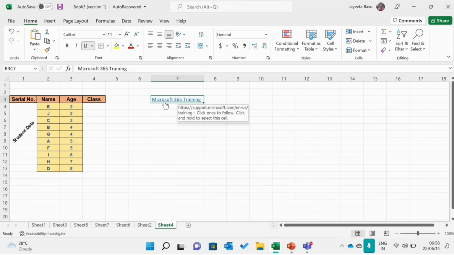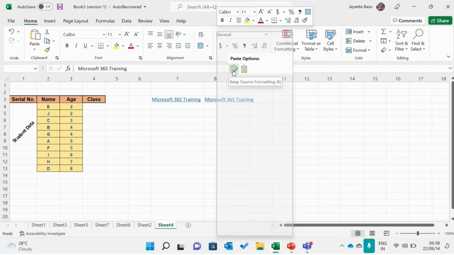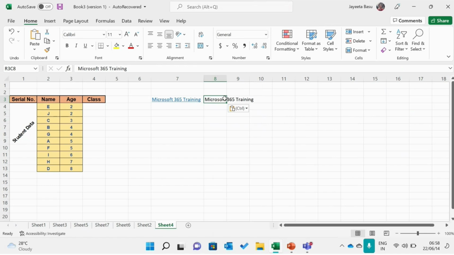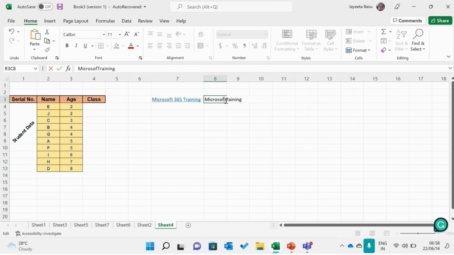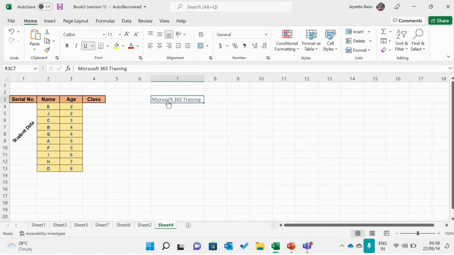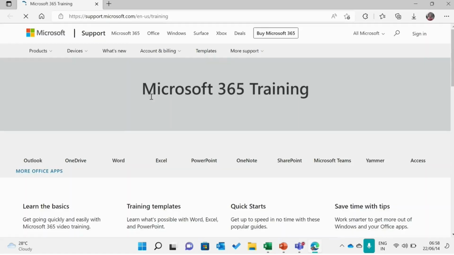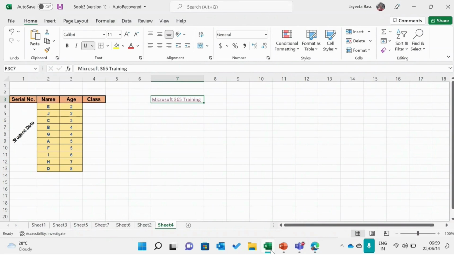Now the thing is, it is this easy to copy the link because, for example, let's click here, and you see because I've already pasted this. So one is you can match the destination. If you match the destination, then it's like a normal link, normal words that have come. So you would not want that, right? You would want to have the link something like this, where if you click, you end up in this page. So that is why it is very, very important for you to make sure that you right click